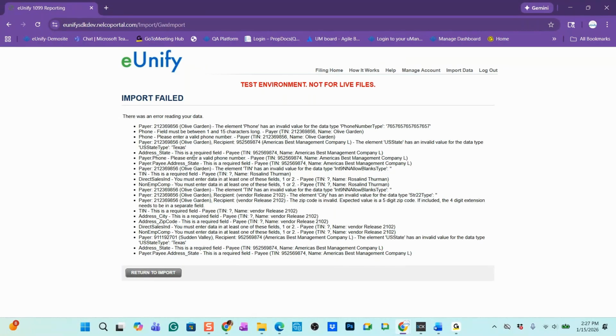Could be issues with the individual vendors as well. So what you just need to do is when you see these error messages, just go back into uManage and make the fixes needed. So let's do that. And then once you make those fixes, you are going to have to download that file again and then import